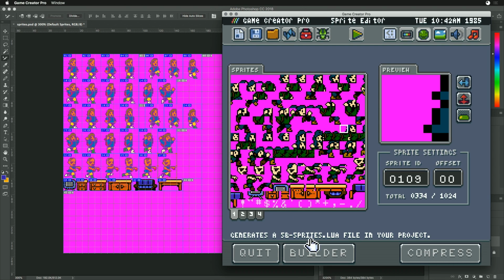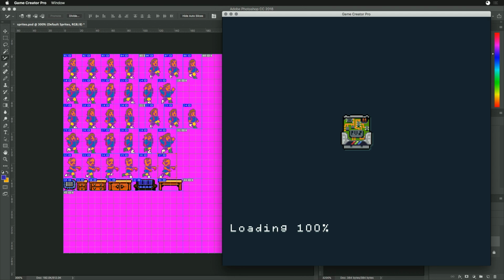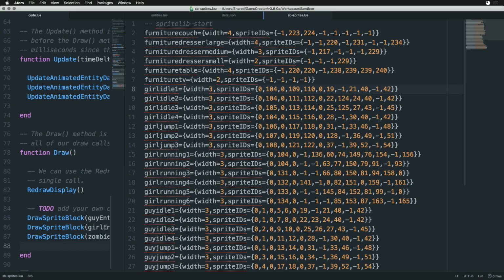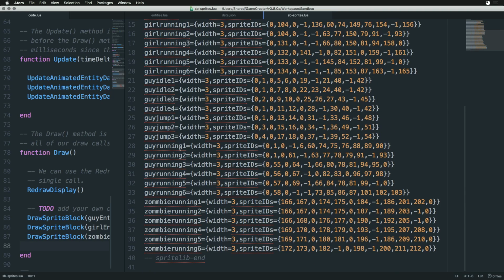And now if we go back in here, we'll refresh this and let's rebuild. Now if we look at this file, we'll see that there's no underscores and that all the naming is consistent. So the reason why using the Sprite Builder stuff is important is because once we've generated out this variable,